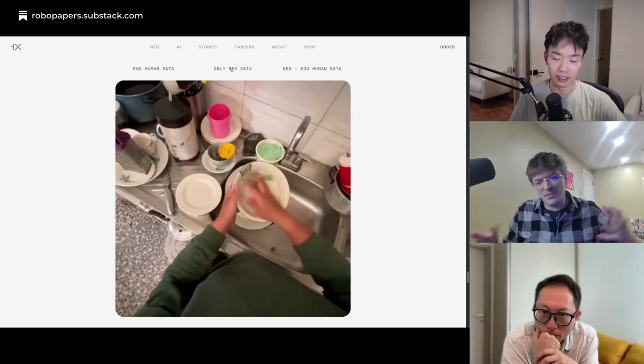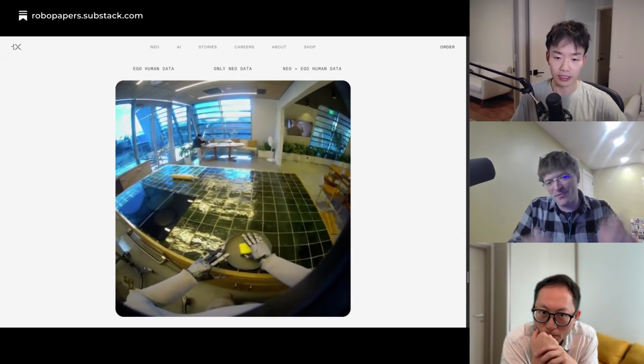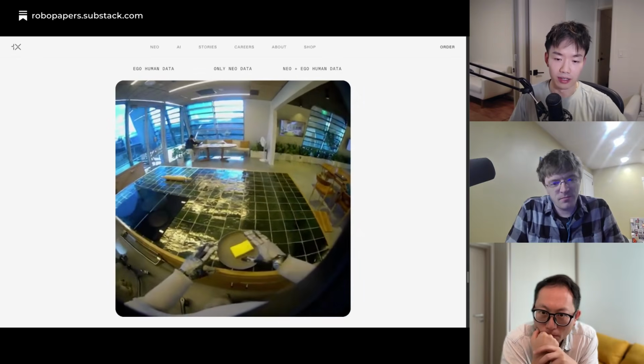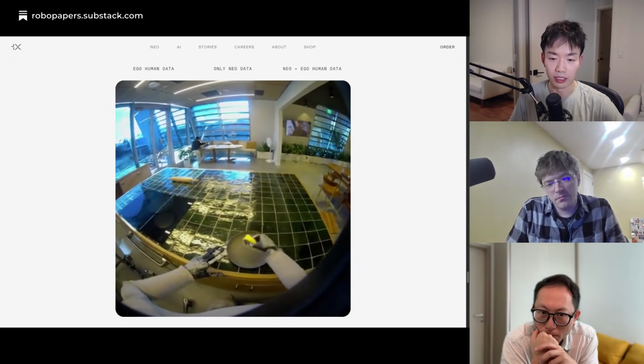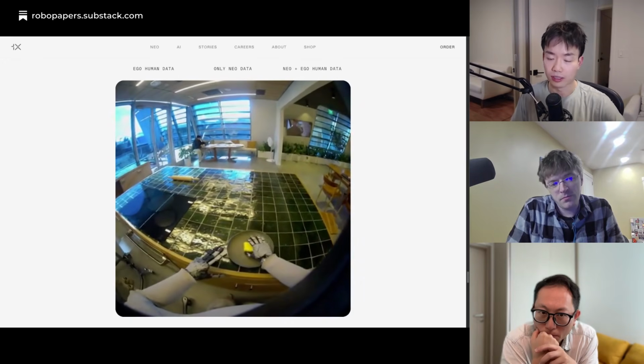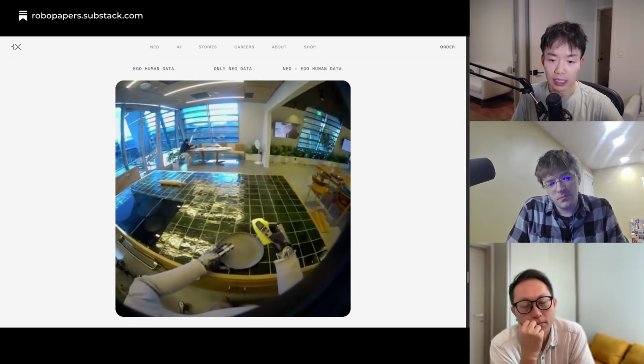So you didn't even need to collect it yourself? This is correct. This is not collected by us. This is just collected by third parties, where we didn't really provide an informed opinion about what they should be doing. So you can imagine a lot of it is general home tasks or factory tasks or other places where people have collected egocentric data before.